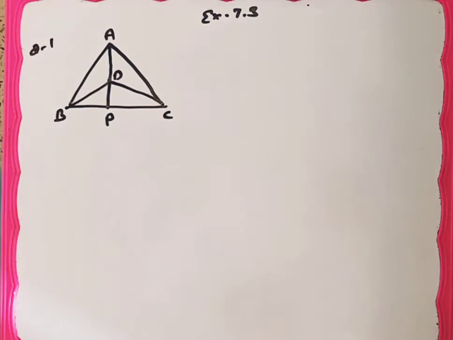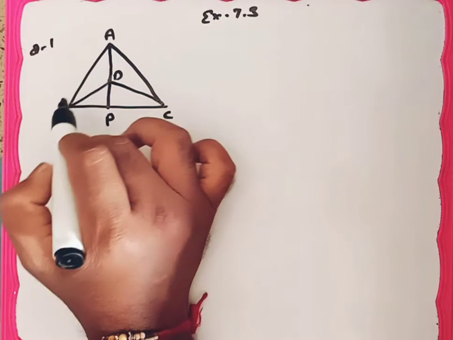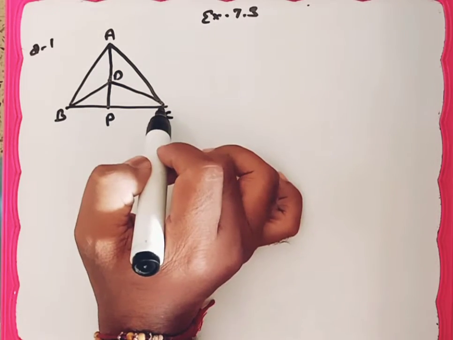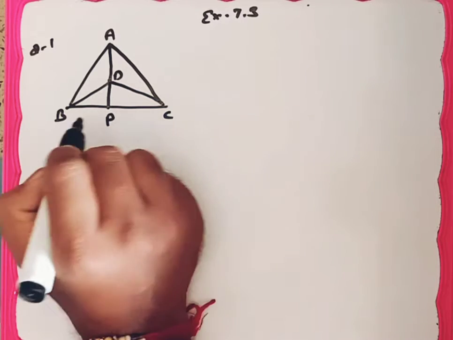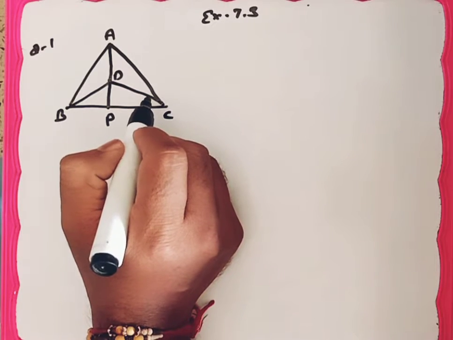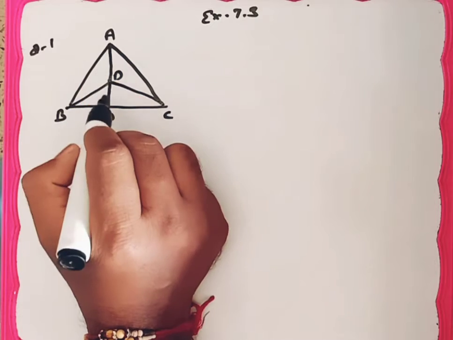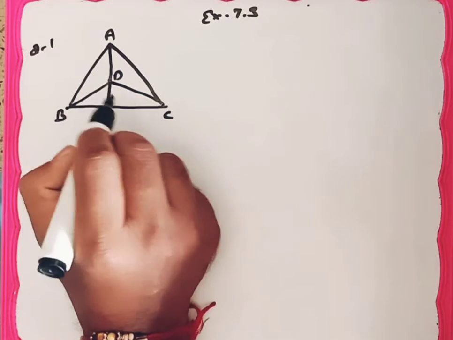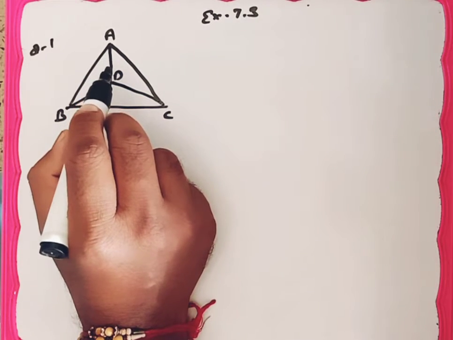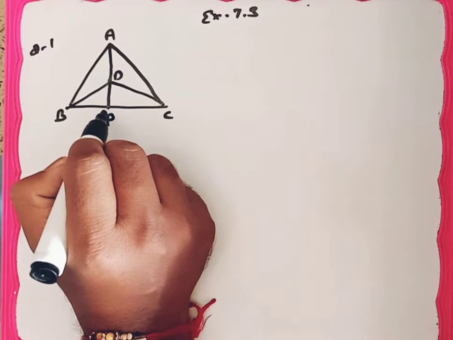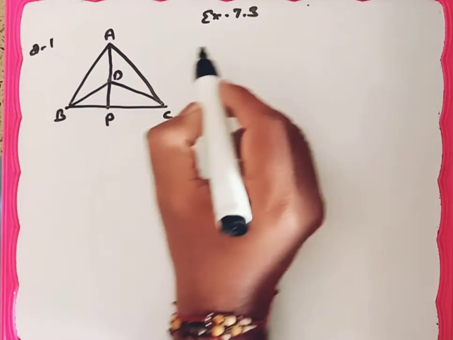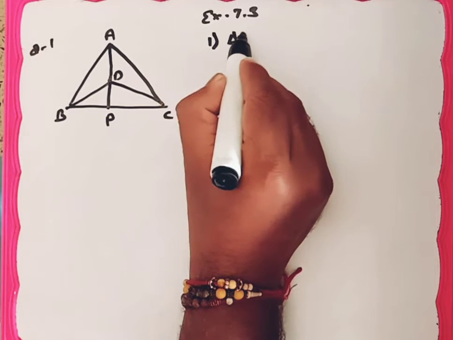Now we will see exercise 7.3 solution. So question 1: we are given triangles ABC and DBC are isosceles triangles on base BC. Vertices A and D are on the same side of BC. AD is extended, then it intersects BC at P, so that triangle ABD